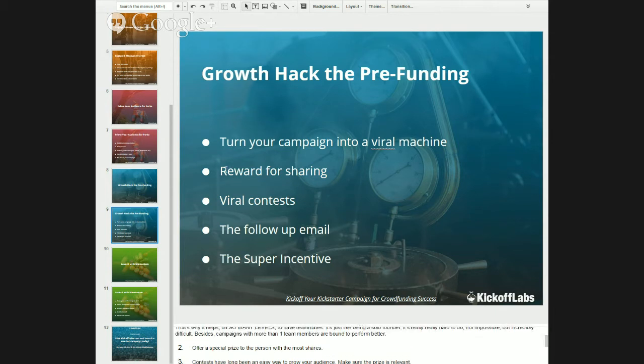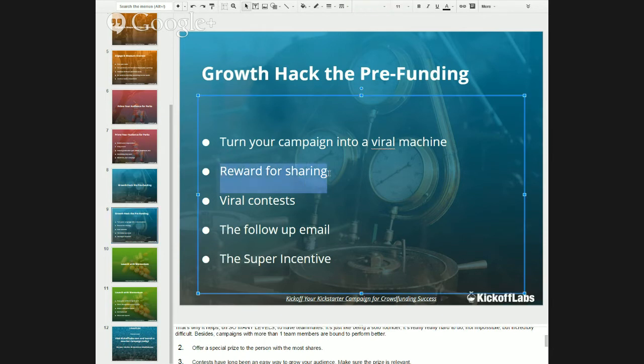Reward for sharing. This is an extremely powerful growth hack that is basically offering a special prize to the person or people with the most shares. It's relatively easy to do. If you're doing it on your own with your own landing pages, you're gonna have a hard time. You can do it by counting people by who sent who, but it's going to